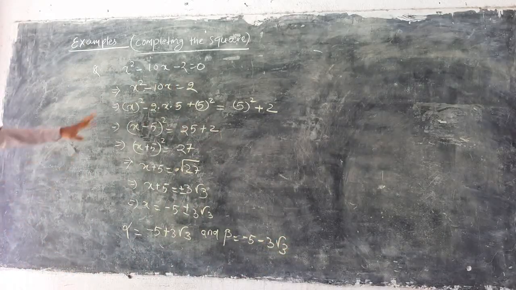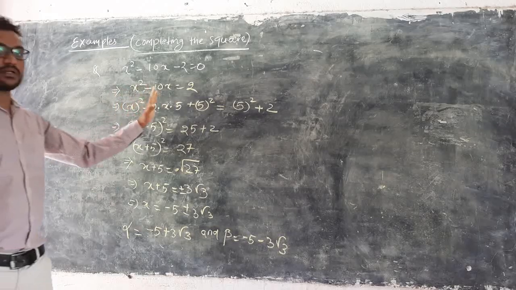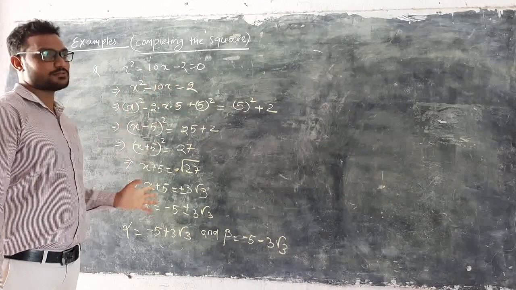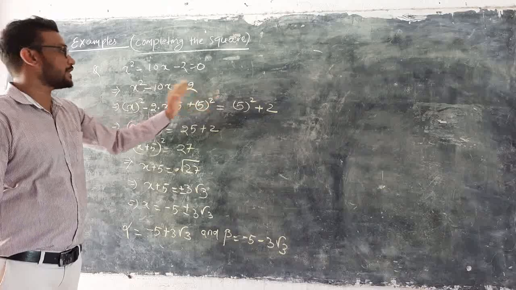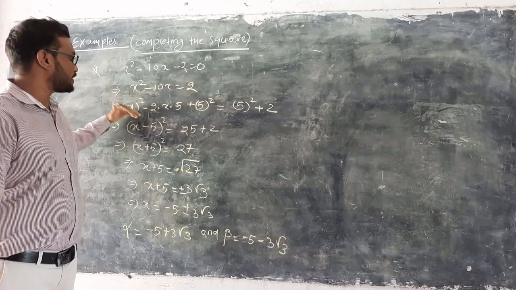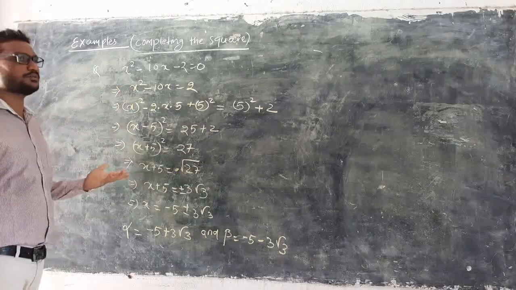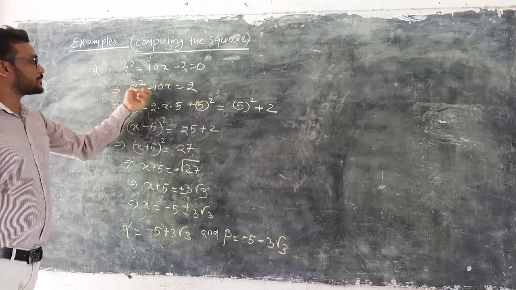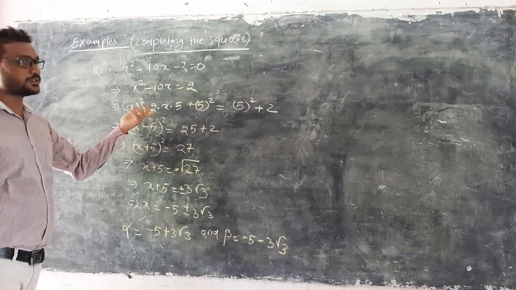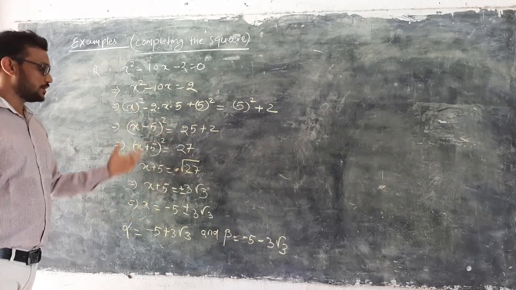Okay. Hope all of you have understood this one, right? This is a very easy concept. You will have to first take the c to the other side, and divide by the coefficient of x square in the equation. Here the coefficient of x square is 1, so we have nothing to divide here, and convert as per this side into a plus b whole square or a minus b whole square. Okay, then do the things.